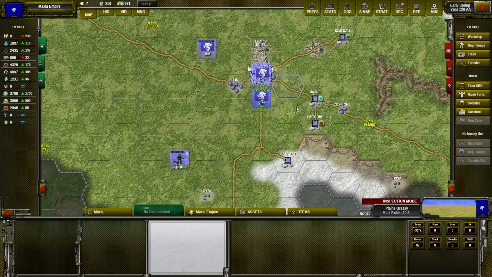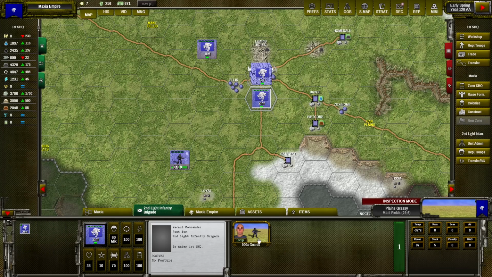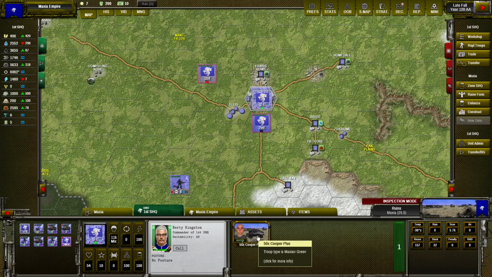Tip number 6. Units staying in SHQ as replacements gain experience each turn. So let's check our buggies in SHQ have 0 experience. As you can see, we have now 4 experience. So keeping units in SHQ as replacements sometimes gives them quite good training and can prepare them for future fights. After a few turns, I have 10 experience in SHQ for buggies, and I can try to use them to create